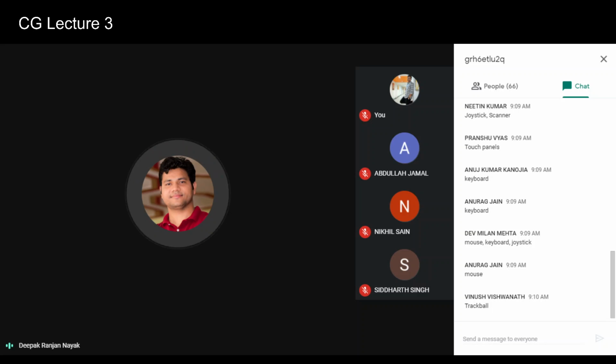Touch panel is also one type of input device. Please go through it. And there is something called light pens. You just go through it, light pen, and these are all called input devices. Similarly, what are the output devices you have gone through?